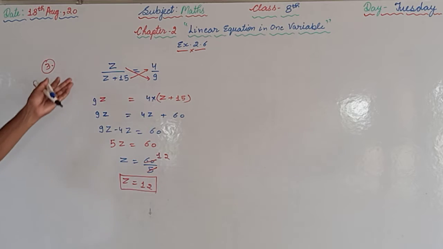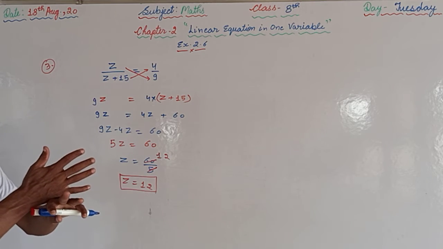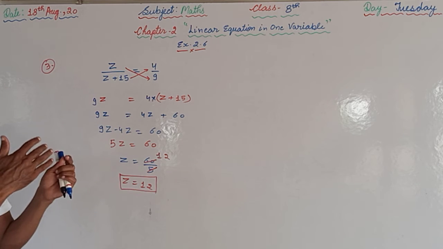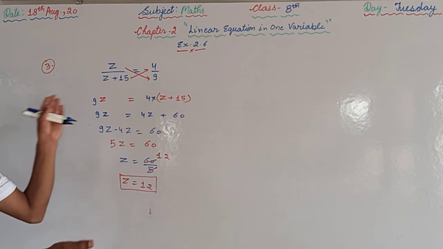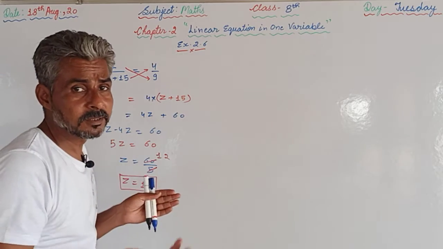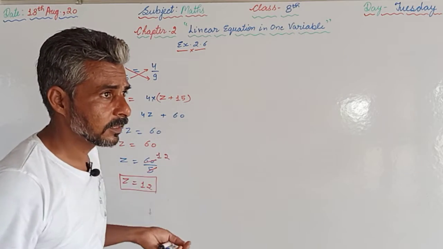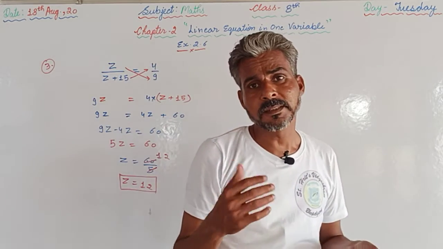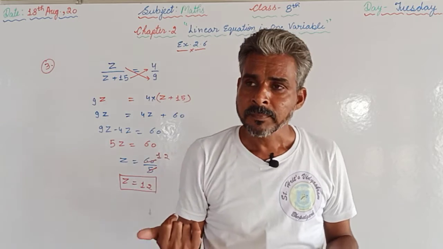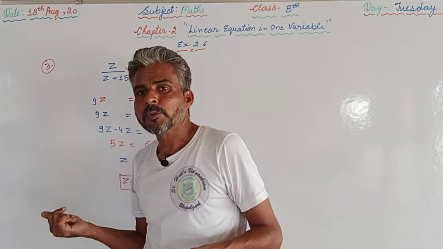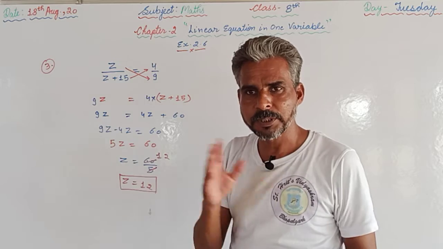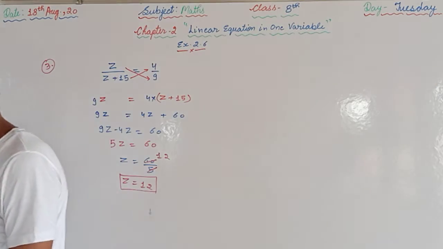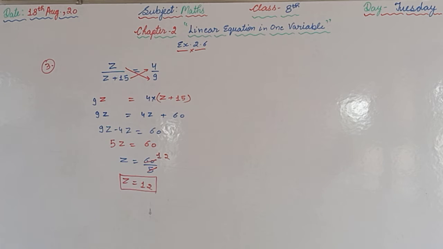Very simple. If the question is in this form, then we are supposed to cross multiply and write the terms. Afterwards we are supposed to collect the terms which are having the variables on the left hand side and the terms which are constant, not including the variables, on the other side, that is on the right hand side. Afterwards we are supposed to use either of the methods, that is, one is the transposition method and the second one is the elimination method. So in this type of questions we are using the transposition method only. We are supposed to transfer the terms from one side to another side by reversing their sign. If plus is there, that will become minus.